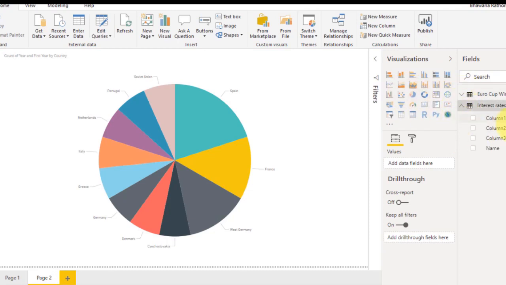You can see here we have Column 1, 2, 3 and the Name. These are the file names and all the data along with the different Excel files. This is how we can combine all the data which has related data columns, a related data set, into one, and then we can use this single file for our visualization, creating reports and